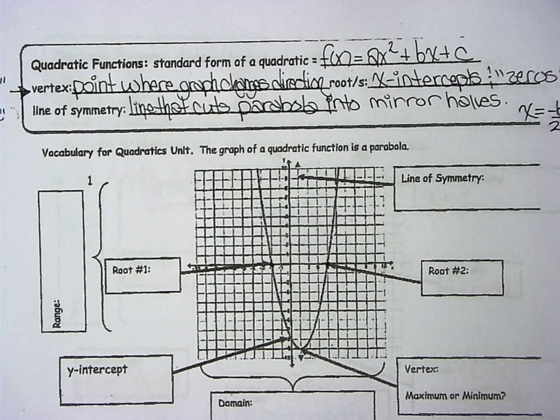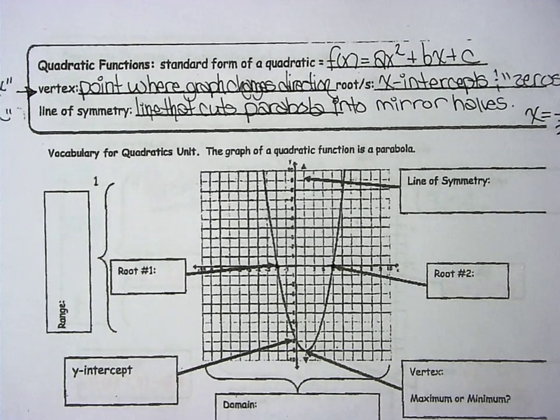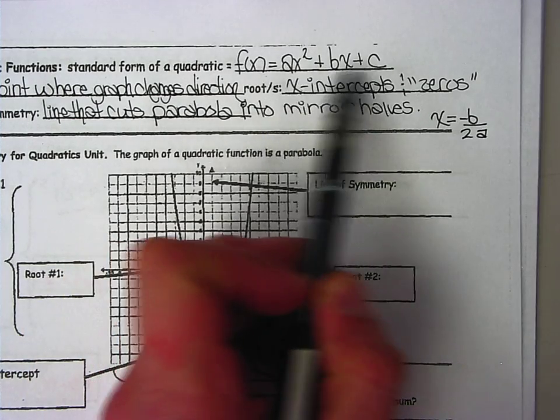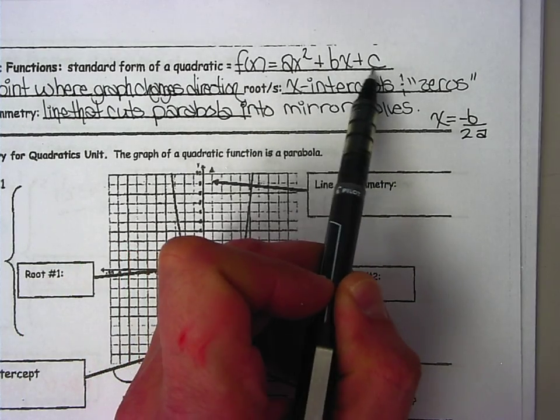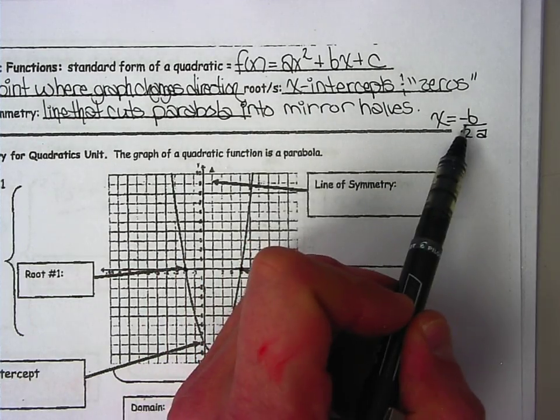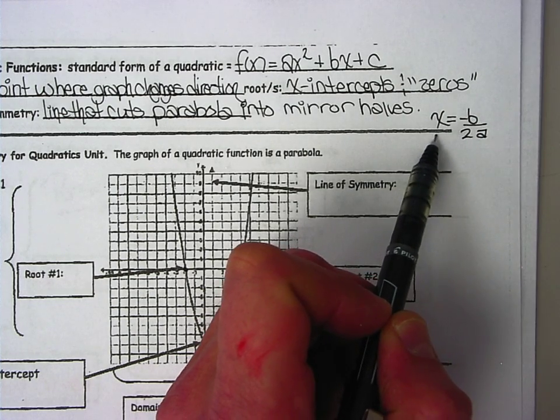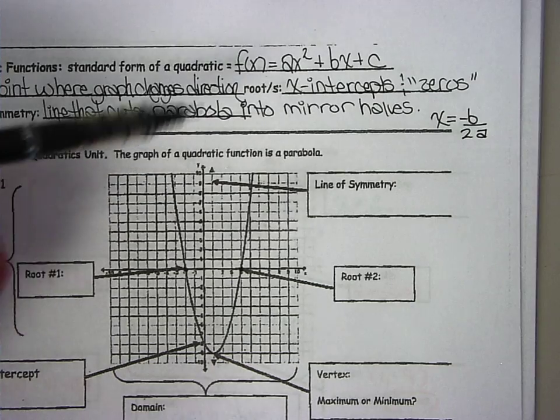Next, we have what's called the line of symmetry. That would be the line that if you drew it, it would cut your parabola right through the middle in equal mirror halves, the left and the right half. And that line of symmetry actually has an equation. And just like our standard form has a, b, and c, you can take these coefficients or this number at the end and plug it into this formula, negative b over 2a, and you'll get an x equals line, which means the line that goes